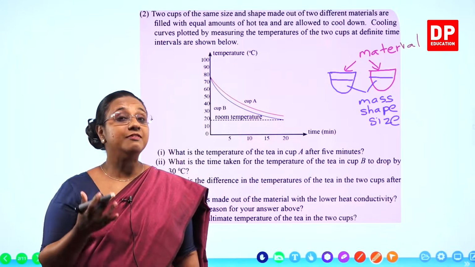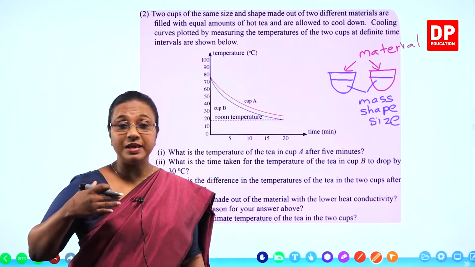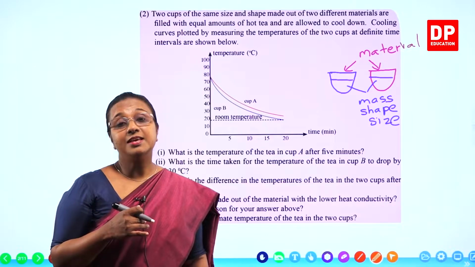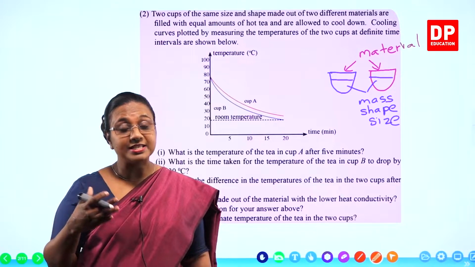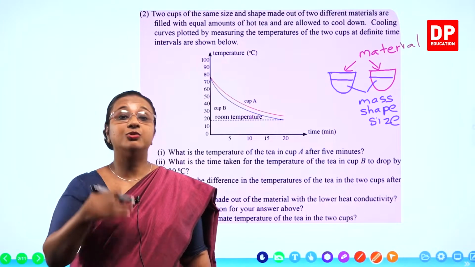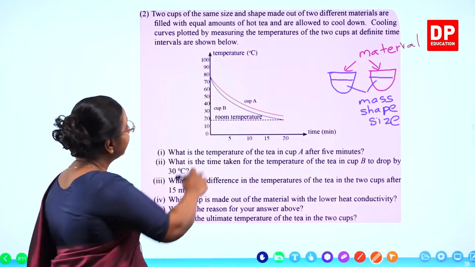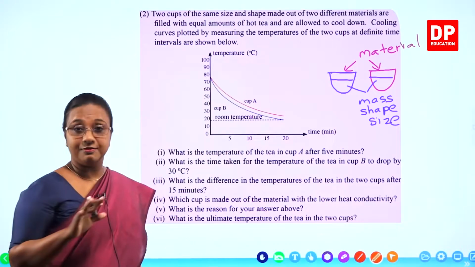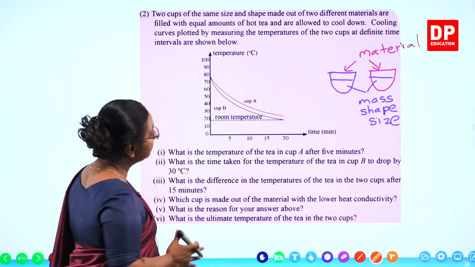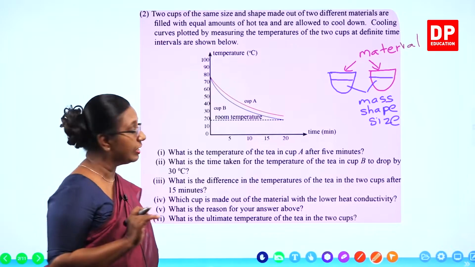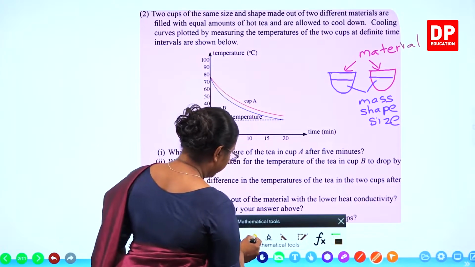So, when we say difference in material, what does it give rise to? They will have different specific heat capacities. So the way they absorb heat and release heat or lose heat is going to be different. Or else you can say the way they conduct heat to the environment is going to be different. So that is why the two cooling curves are different. So to understand what happens here and to identify the points, we will use a ruler and we will mark the points first. So here I am going to use the ruler here.